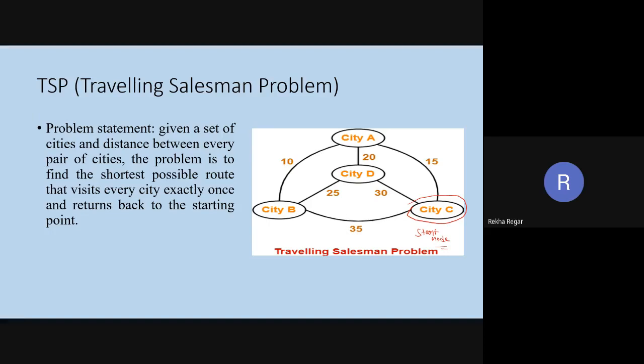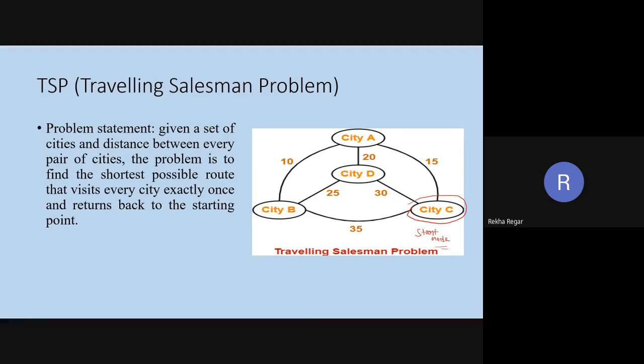So C, A, B. And on reaching point B, we have two valid possibilities, 25 and 35. We cannot pick the 35, we have to go with the 25 because 25 is the smallest one. And after this, 30, and with this we are reaching the start point. So what is the total, guys? Are we saying that it is 80?